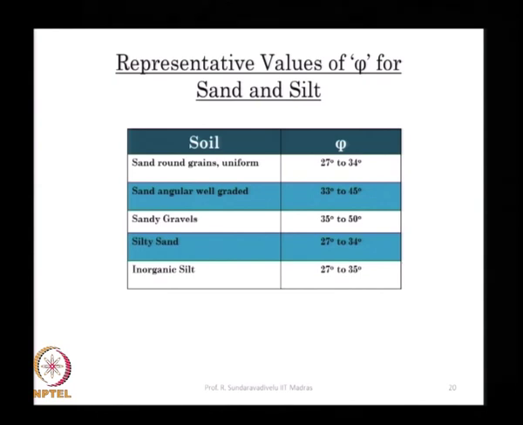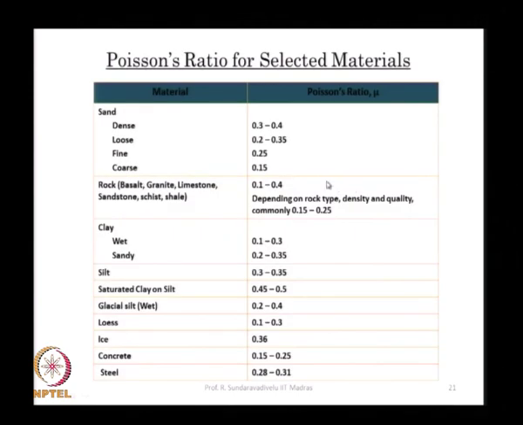Then we have the other type of soil, that is sand. Sand will have phi values, given here for different types of sand. Sand and silt are the same, in the sense that silt has a particle size smaller than sand. We may have clayey silt, which will have a cohesion. If you have a sandy silt, it will not have any cohesion. The phi values given vary from 27 degrees to 50 degrees. The gravel is 50 degrees, I do not think this is correct, it may not be so high, maximum is 35, 38 only.